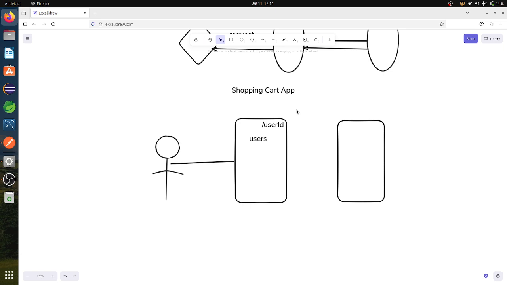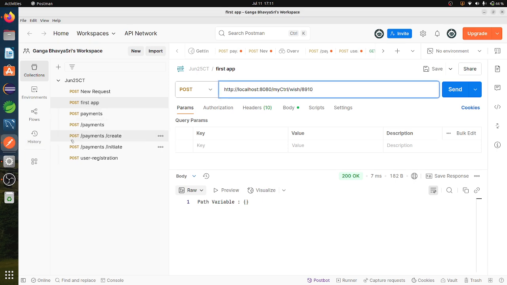Then if I open any order page or transaction page, it will redirect me to that page with some order ID. So something called order ID. So this is one specified order ID or specified transaction ID of my page, which will have my particular details. So it will identify the particular user, and based on the user ID or order ID, it will redirect to that page. So in this way this path variable will be used.